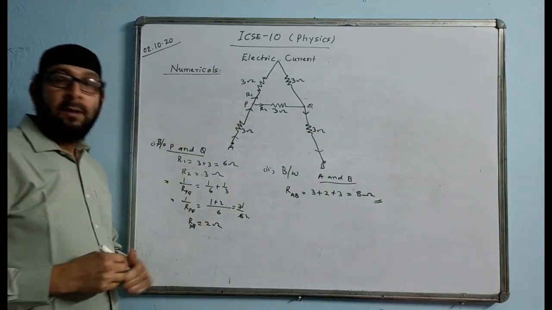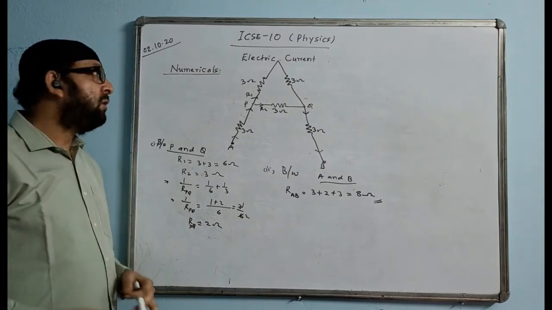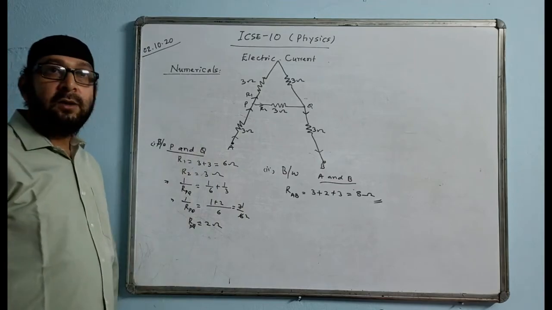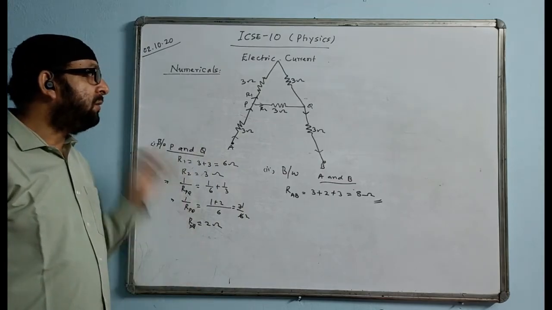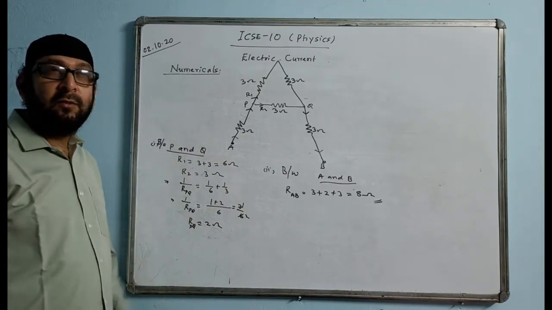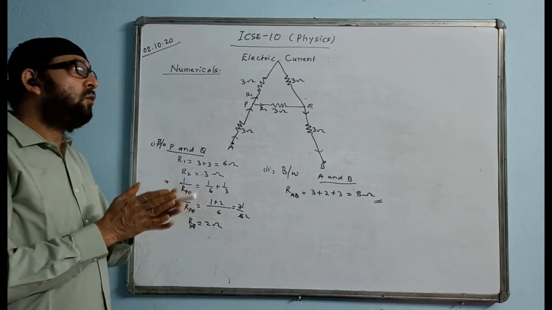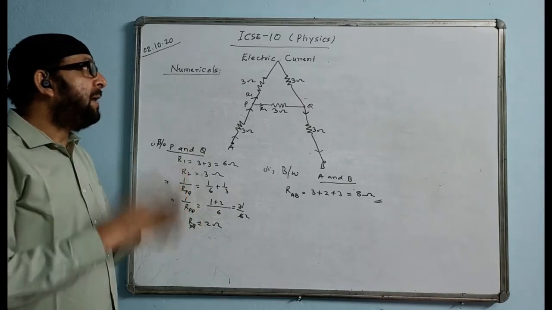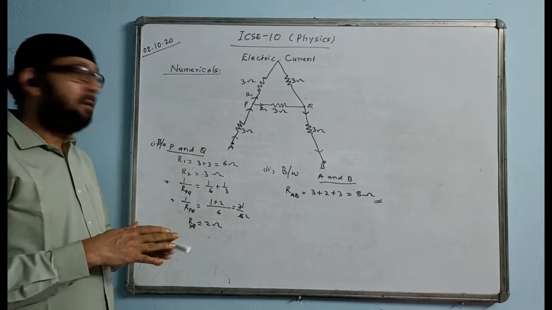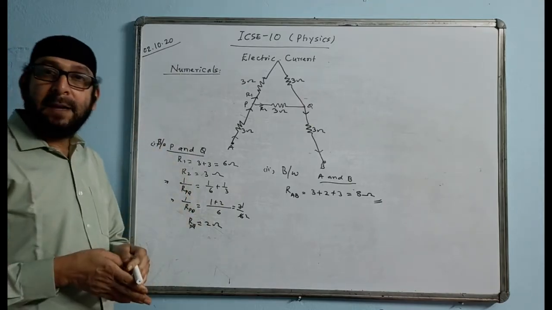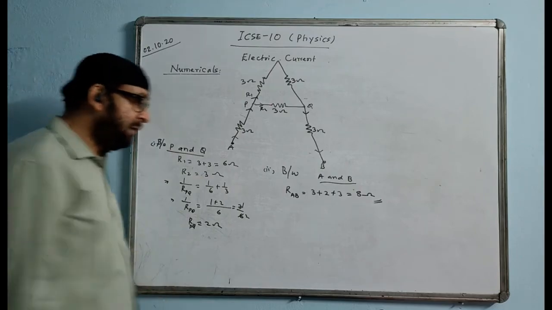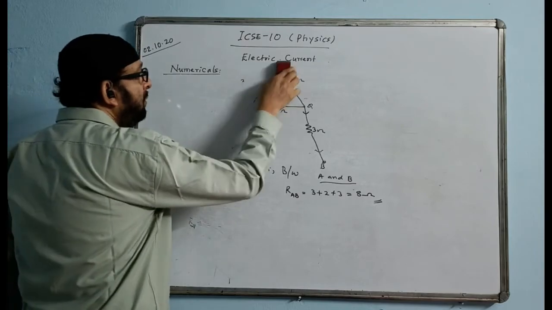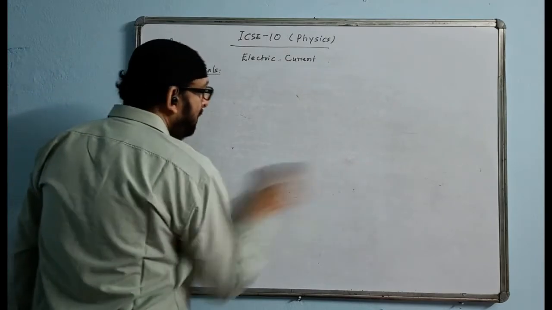That is the answer. So these are the types of questions you can expect in ICC from calculation of resistances, total resistance and all. Normally they don't give so complicated a network, but it's easy to decide whether they are in parallel or in series, or first in series and then again in parallel and all. You can easily decide.